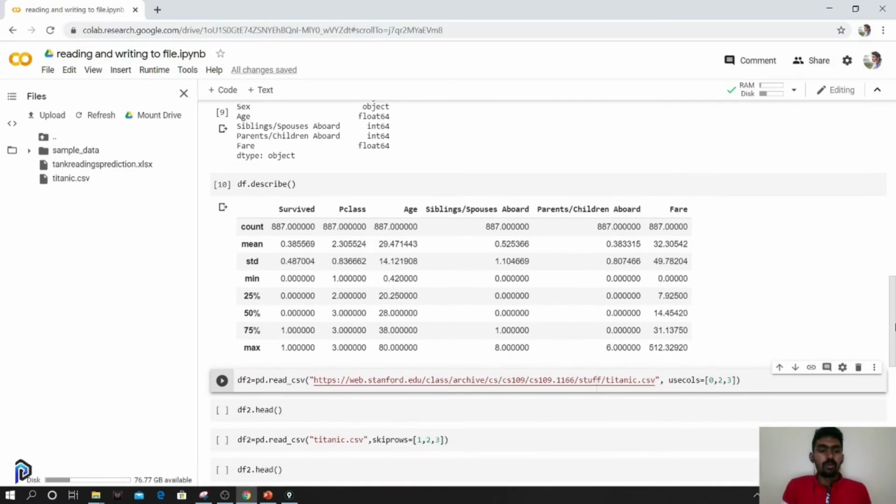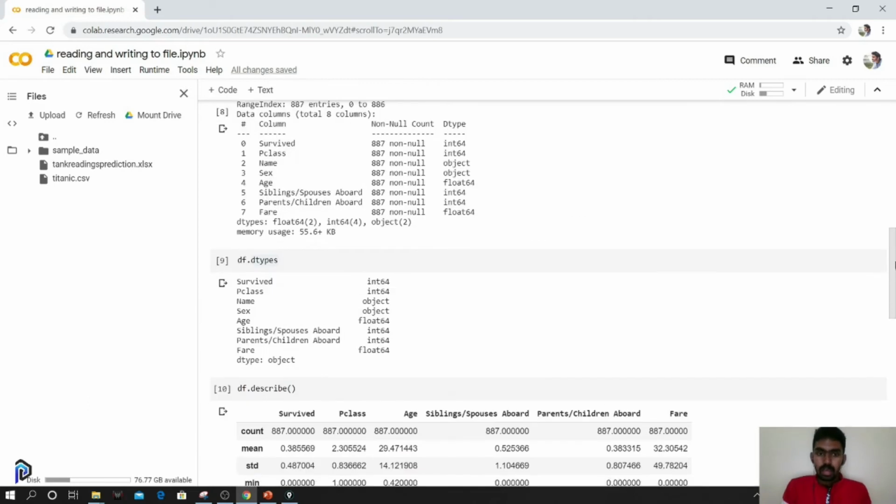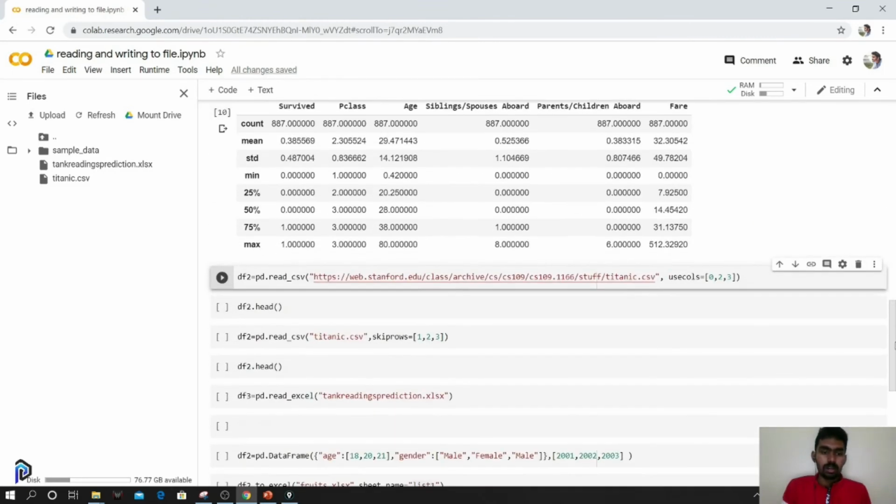Okay, till now we have only seen CSV files loaded from disk. We can also read a CSV directly using a URL. I actually used wget to download the CSV, then imported it, but you can also get the CSV directly into your Jupyter notebook by using just the URL. Another thing that we can pass is usecols. This means only the columns that you pass would be selected and loaded. So if you have a very large dataset and you want just a few columns loaded into memory, you can use this.